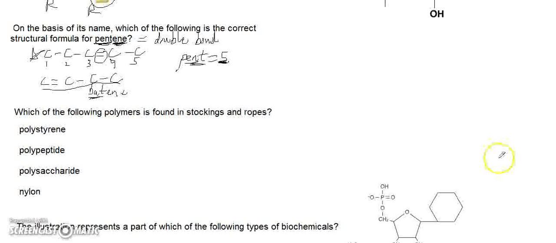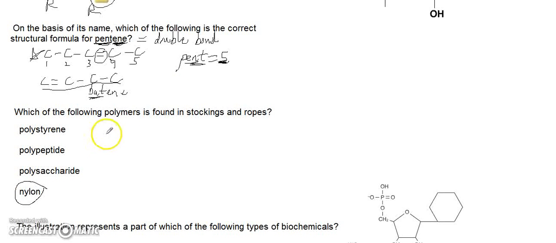All right, which of the following polymers is found in stockings and ropes? This one you just have to know, guys. There's nothing tricky about this. This is just memorization, and it's nylon. Nylon is found in stockings and ropes, and you can maybe help remember that because of your socks, right? If you look at the fabrics that clothes are made out of, nylon is in a fair amount of clothes, and so it would make sense that you find it in stockings. And ropes are kind of similar to clothes. If you feel them, they're made out of kind of a similar material, and so you find nylon in stockings